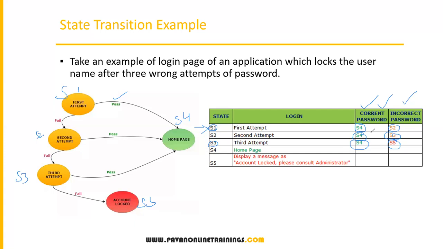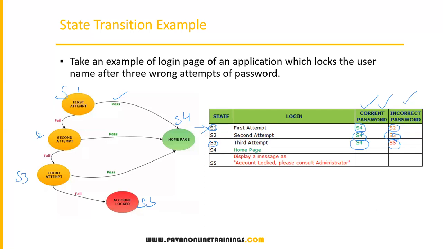Decision table will be used if you have a larger number of conditions and corresponding actions. And state transition technique will be used if you have multiple states. Here we mainly focus on the different states of transactions. Okay, so remember this. And the last technique which we have is